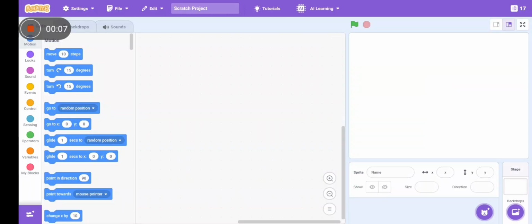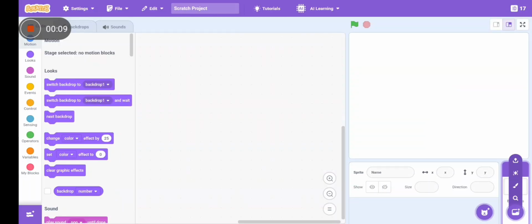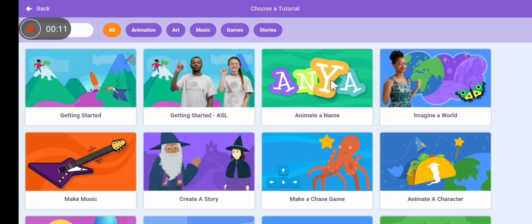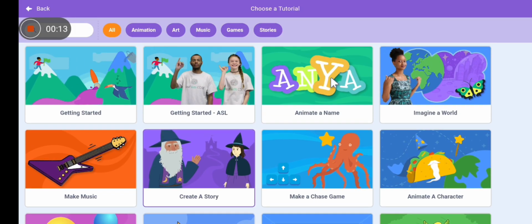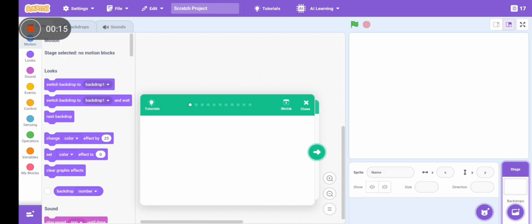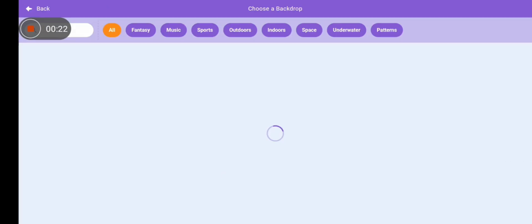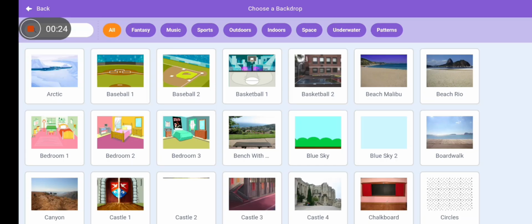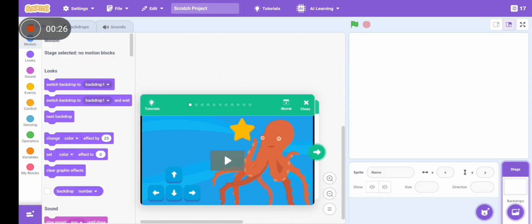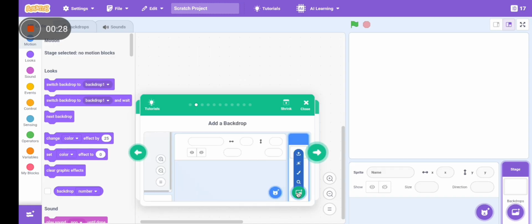Okay. Good evening. Today we are going to be looking at how to follow tutorials on Scratch. Every Scratch project has a tutorial. After clicking your tutorial section, you're going to be looking at this tutorial section. You have to follow what the tutorial says by clicking on the next arrow, the next arrow, and the